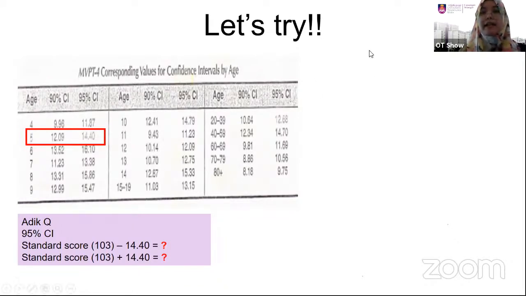So saya nak tanya kat sini, ada tak yang boleh beritahu saya lower level bagi adik Q ni? Boleh tolong kirakan ke 103 tolak dengan 14.40. Dapat berapa? Yes, ada siapa-siapa nak jawab tak?